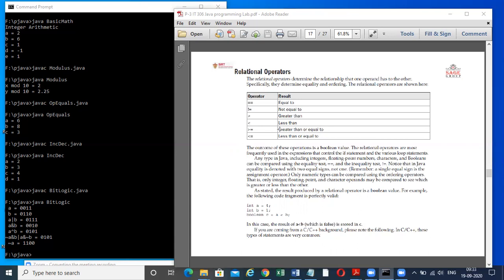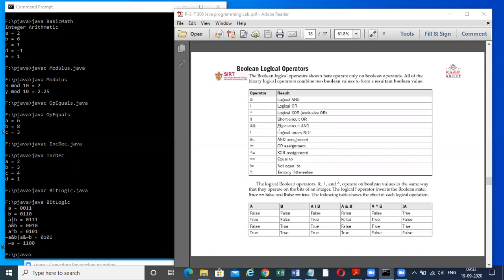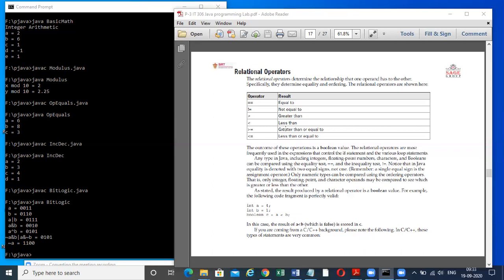But let's take a look now. If you see that a is equal to 1, or we can take a is equal to 4, or b is equal to 1. Then if we put the condition, if a is greater than 1, a is less than 1, when the condition is true, at that time it will return 1. If we have to implement the equal to, we will write a double equal to. Let's take a look here.